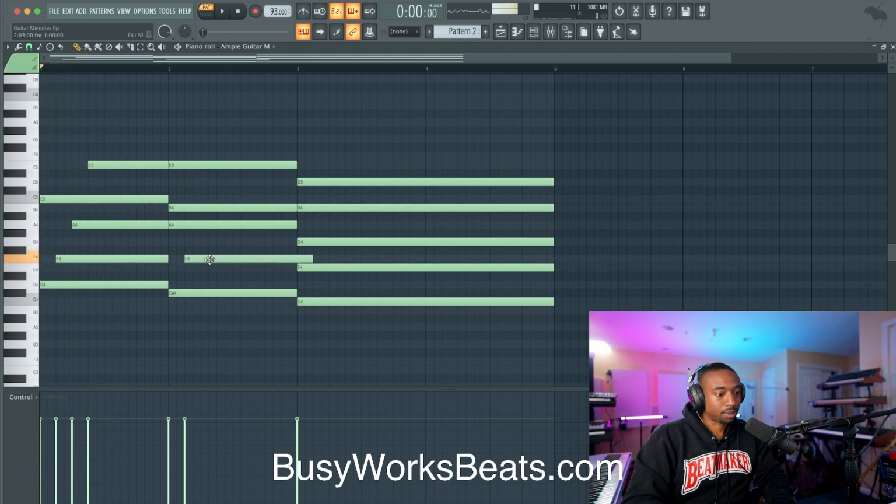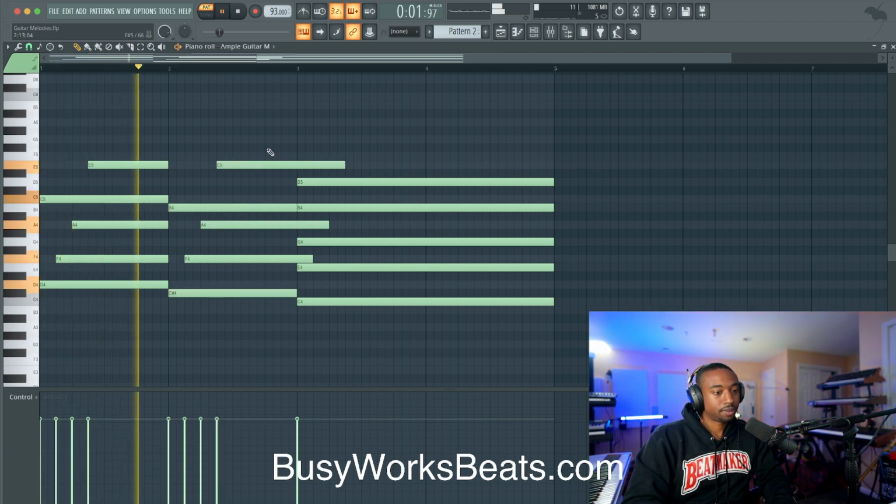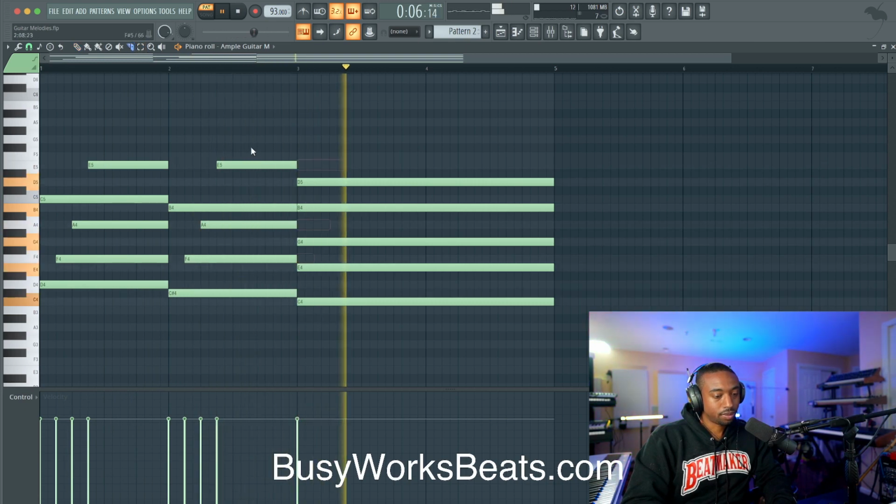Okay, let's kind of copy that same formula, going up, but then playing the 7th at the same time. And then we'll change the key.